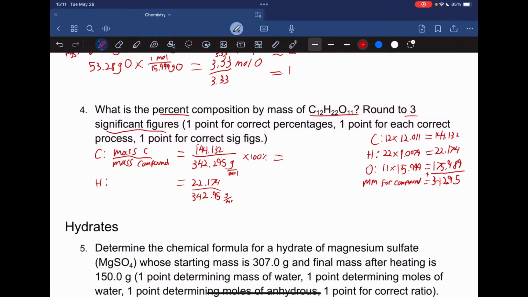It's grams per mole on the bottom and also grams per mole on the top. I forgot to write that, grams per mole on the top as well. And I didn't write the times 100 because I almost never actually type in times 100. And then lastly, the oxygen. Total mass of the oxygen was 175.989, and we divide that by 342.295. Again, the same units of grams per mole times 100% equals,